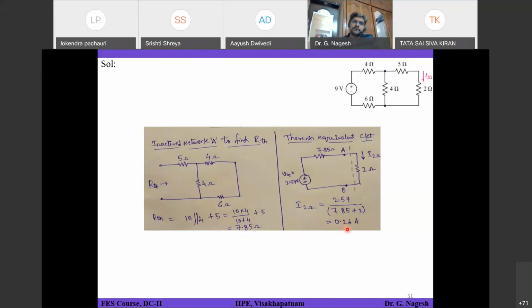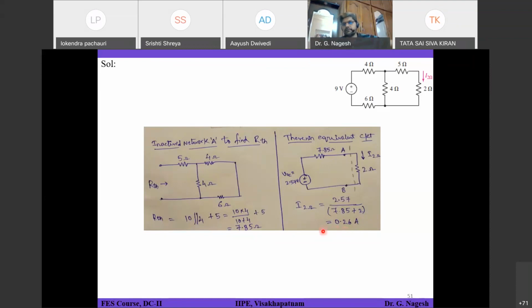The only thing is, you should be very clear about the rules that are followed when adopting Thevenin's theorem, and the rules followed when applying the superposition theorem. All methods will result in the same answer. If you want, you can take the very first problem we discussed and apply Thevenin's theorem or the superposition theorem, and you will get the same result. If you are not getting the same result, then you are doing something wrong.